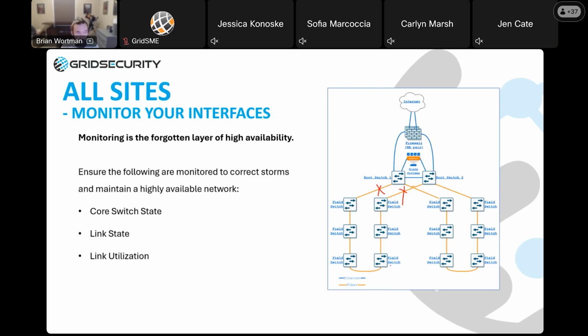And the last thing I want to point out in the context of broadcast storms is to make sure you're monitoring your link utilization. Like we've talked about, OT devices do not like broadcast storms. They don't like having 100% of their network interface consumed by broadcast traffic that they need to respond to.